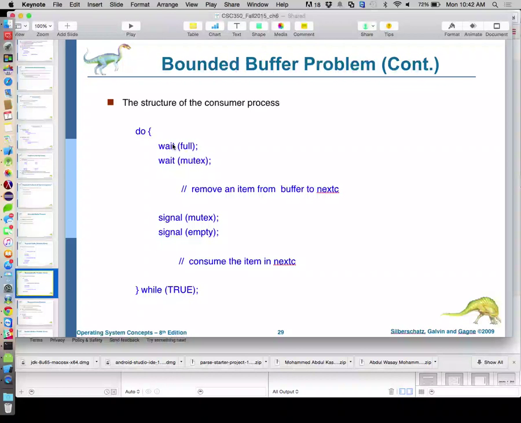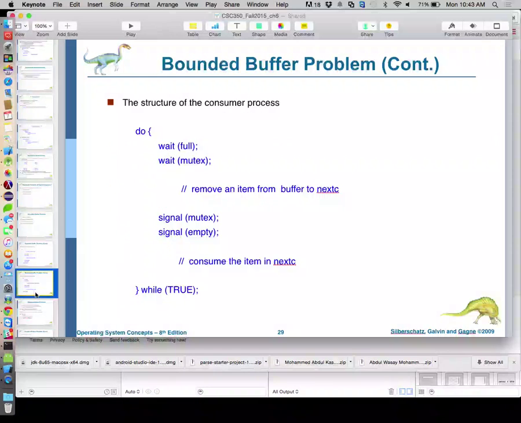Make sense? All right. So this guy goes in, he removes an item from a buffer, then he says, I'm done with the buffers, and then he increments the value of empty, because now there's one more empty spot for a producer to store stuff in. And we keep doing this forever.